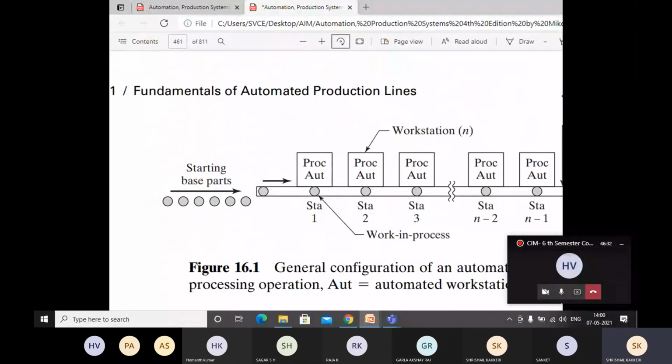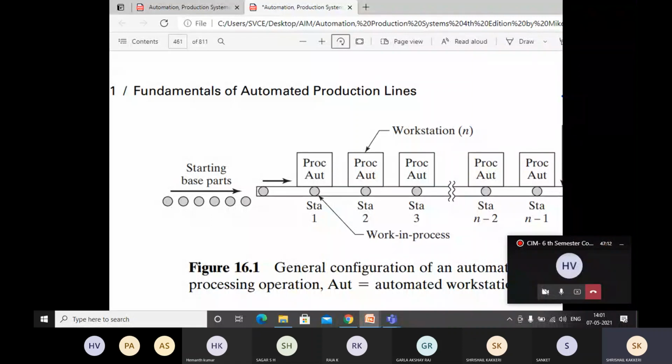Once again, I'll be explaining the terms, repeating the terms. Buffer storage unit. Here I'll be explaining this particular station is producing the parts at high rate and this is producing at low rate. So definitely, as I told you in the beginning, the blocking of station and starving of station will happen. So one case. The second case, even though the cycle time for all these workstations are same, in between them the buffer storage unit will be provided. The main purpose of providing the buffer storage unit in between the two lines is that